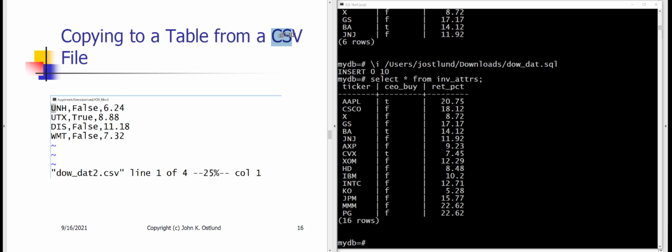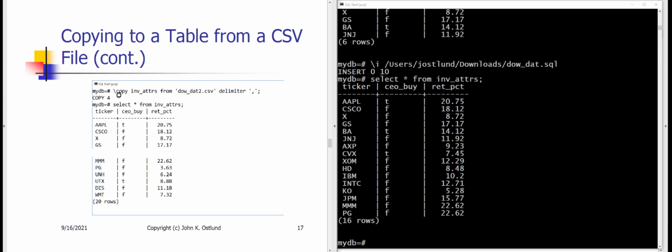You can have data stored in a comma-separated value file. So this makes it easy, for example, to obtain data from the web, or obtain data from Excel, or obtain data in some other comma-separated value format, and pull in the data from that CSV file. Here I have dowdat2 that shows ticker, CEO, and return percent for 4 more Dow stocks. And this time I'm going to use the copy psql command